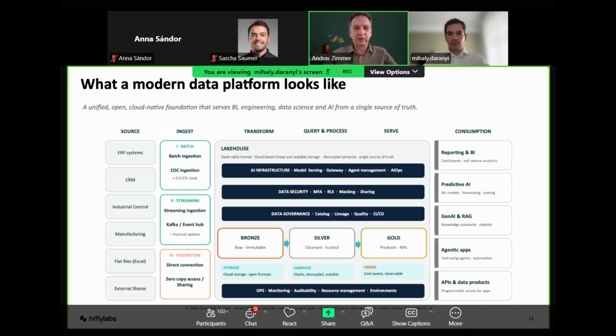I should be able to unmute myself, but I just couldn't find a button for this. Okay, so